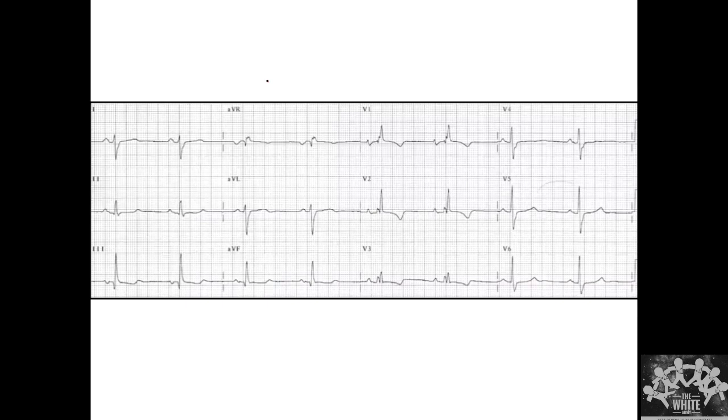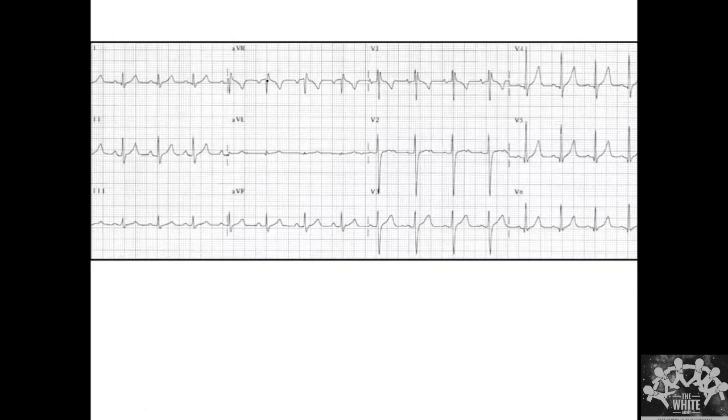So can someone tell this now? Yeah, you tell me this. So it's a normal ECG with mild sinus tachycardia, and the axis is absolutely normal with an incomplete right bundle branch block with appropriate ST changes, or T wave discordance. So this is just plain incomplete right bundle branch block. There is no hemiblock.